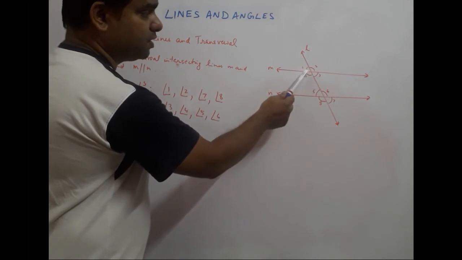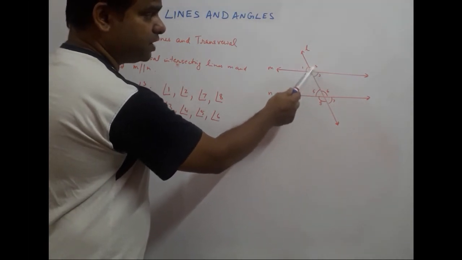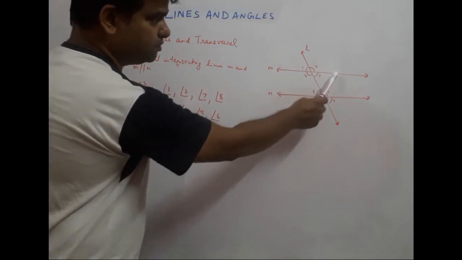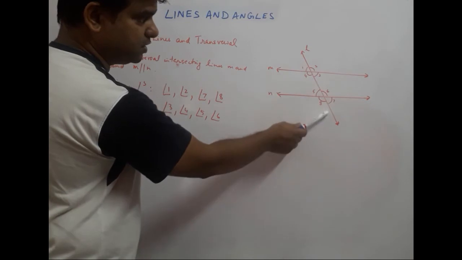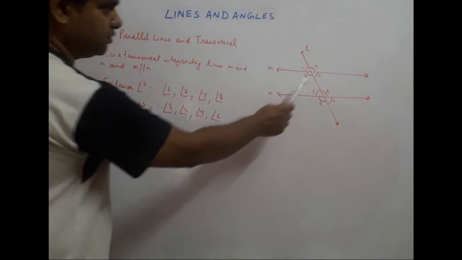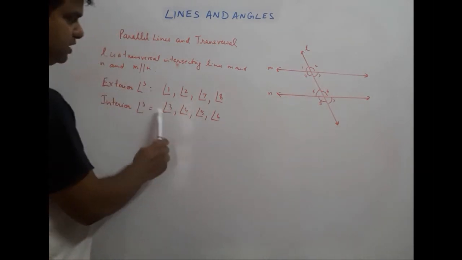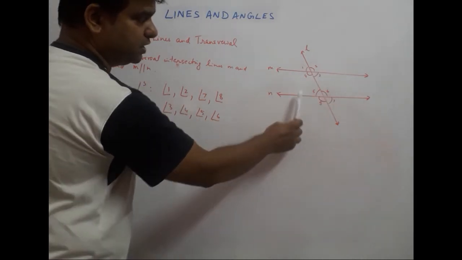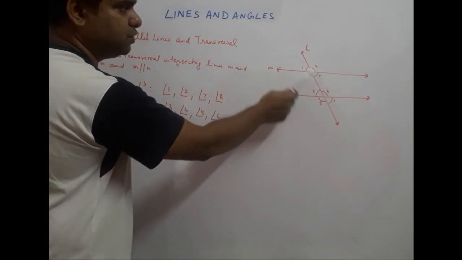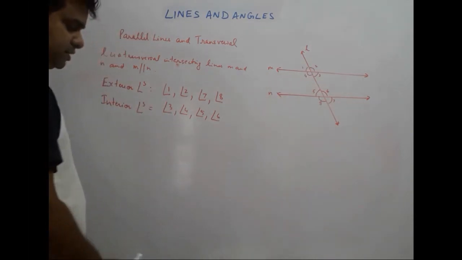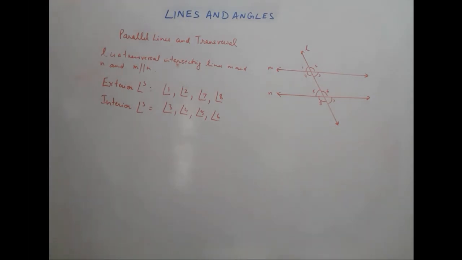So in this case, when a transversal intersects two lines, whatever falls between the two lines which are being intersected by the transversal, those angles form the interior angles. Have a look, 3, 4, 5, 6 are interior angles. Whatever falls on the outside of those two lines, the angles that are formed on the outside, become the exterior angles. So 1, 2, 7, 8 are exterior angles. Got it? Where to find the exterior and interior angles?